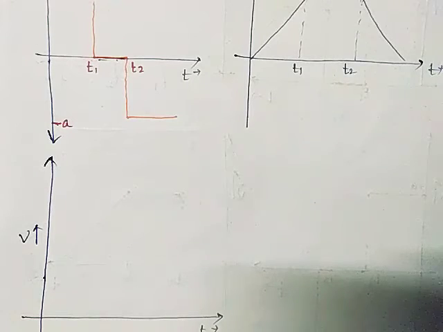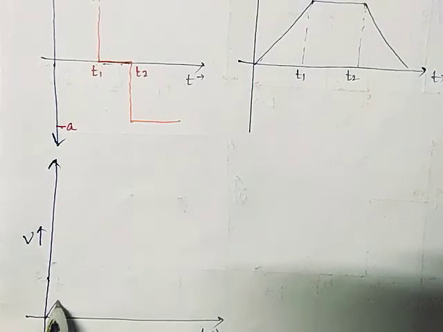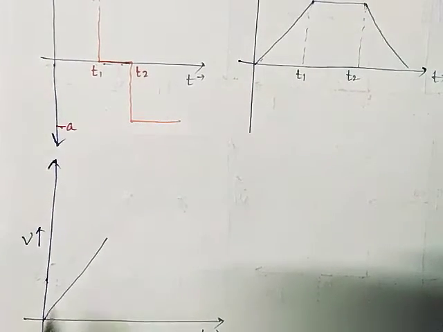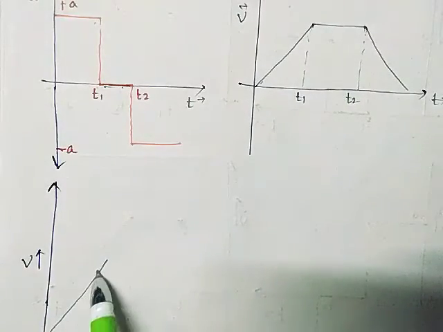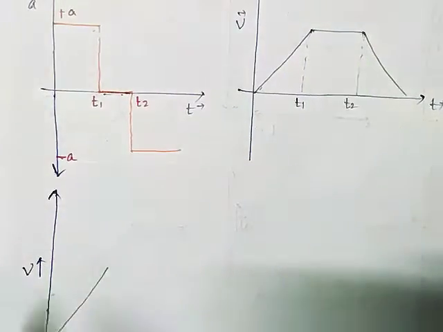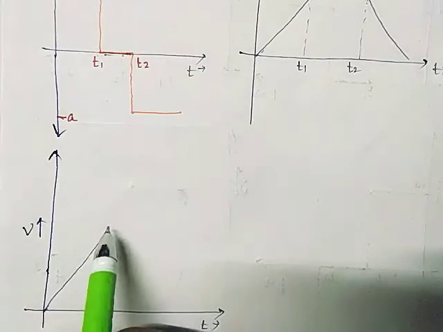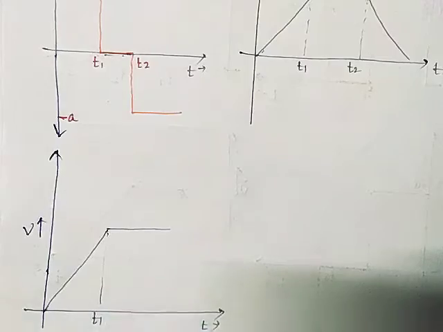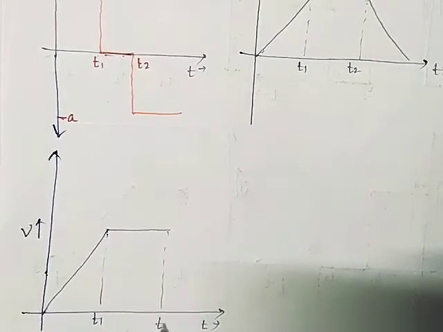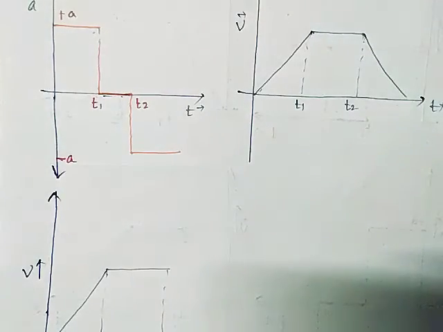But does this occur in the case of the scalar quantity? Just like here, the velocity is increasing. Obviously, the speed is increasing, the magnitude of it is increasing. Then the velocity becomes constant. Obviously, after t greater than t1, the magnitude of the speed is also constant up to t equal to t2. After that, the velocity becomes decreasing, or you can say it is in the negative direction.